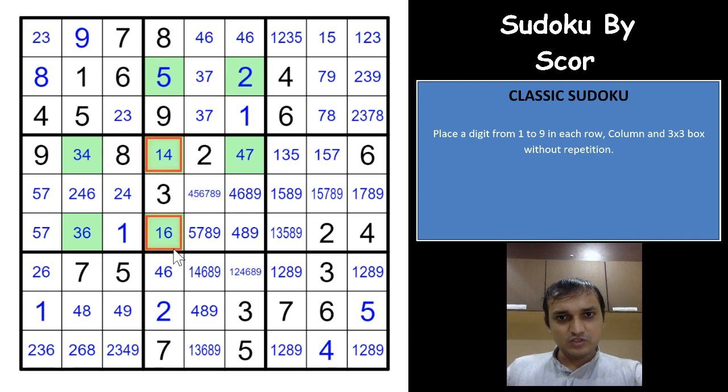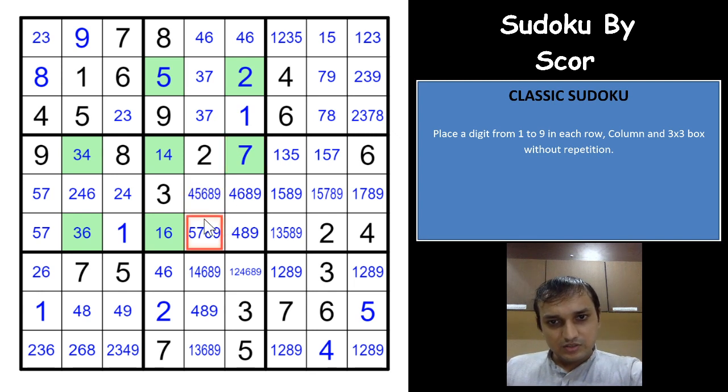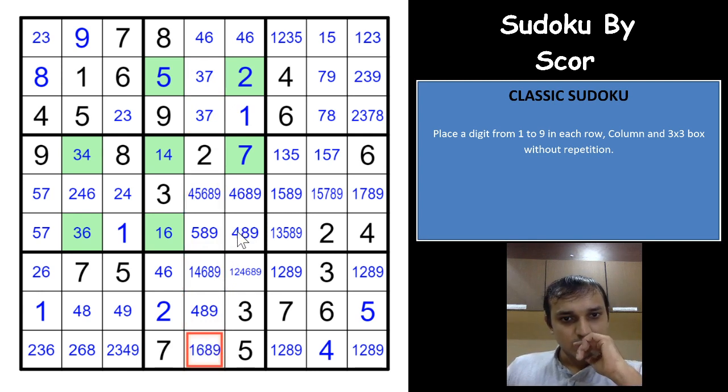You have a 1 4 6 triplet here. Okay, so 7 would have to be in one of these two cells, right? So 7 has to be here now. That eliminates 7 from this cell, this cell. A 3 7 will eliminate 7 from all of these cells. 3 is also eliminated from here. What are we missing here now, guys?